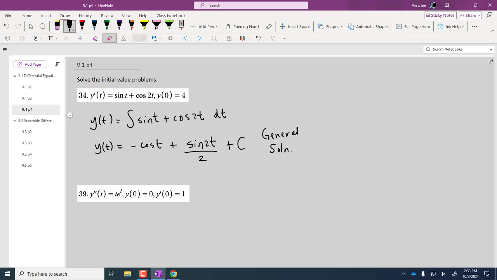And you all know how to solve for c. We're going to plug in a 0 for t. And when we plug in 0 for t, we know that we should get 4. So we're going to have 4 equals negative cosine of 0 plus sine of 0 divided by 2 plus c. So what does c equal? What will the constant be in this case? Cosine of 0 is 1, never mind, 5. So that tells us then